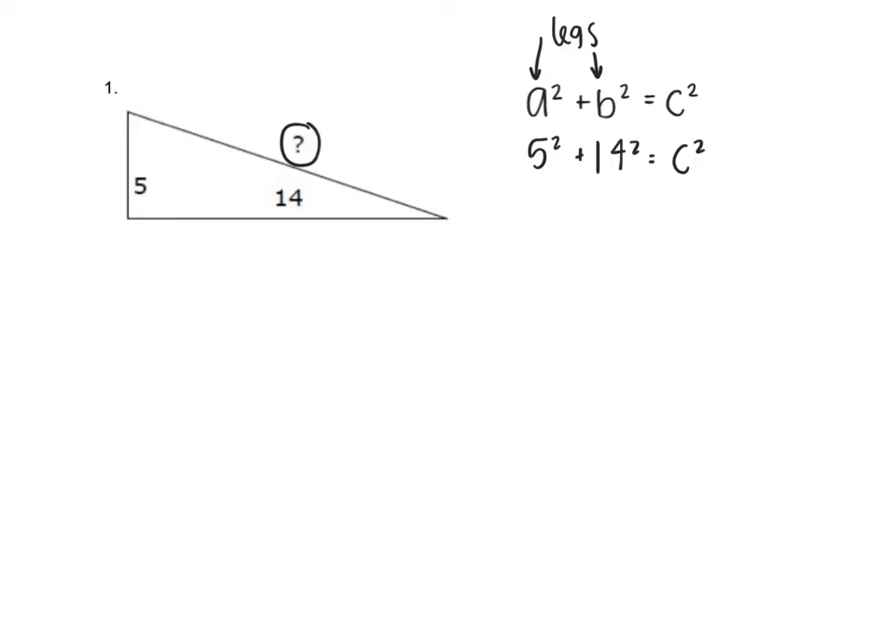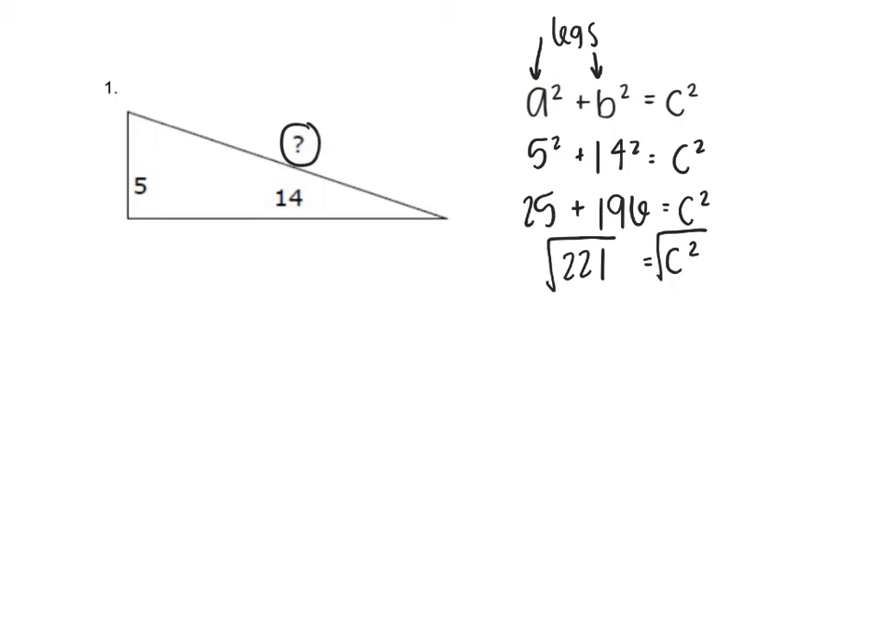Then we do 5 squared, which gives us 25. And we do 14 squared, which gives us 196. Still equal to c squared. We add those two together to get 221. And that's equal to c squared. But we don't want to know what that side length is squared, we want to know just the side length. So we're going to find the square root of 221,